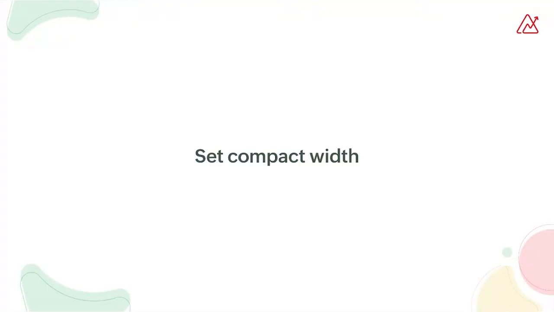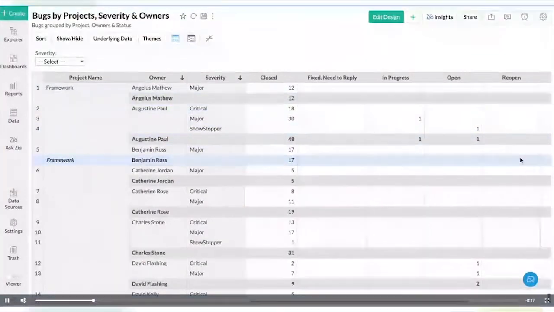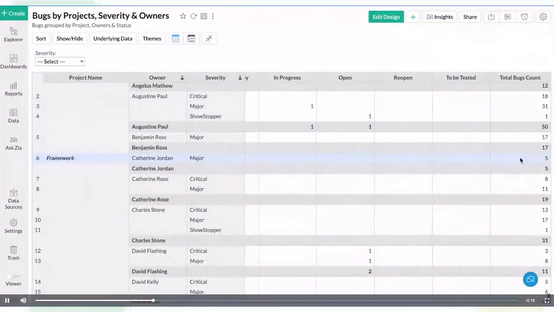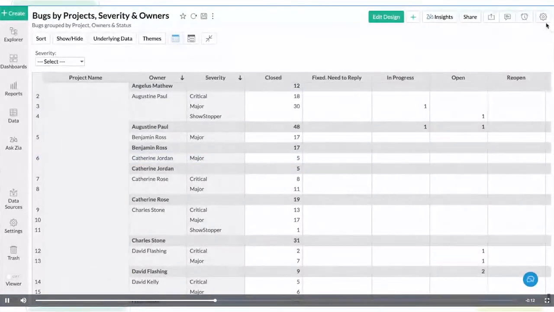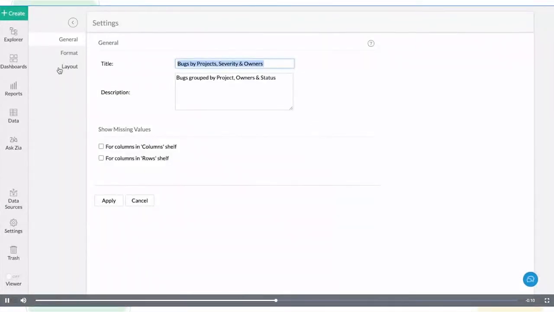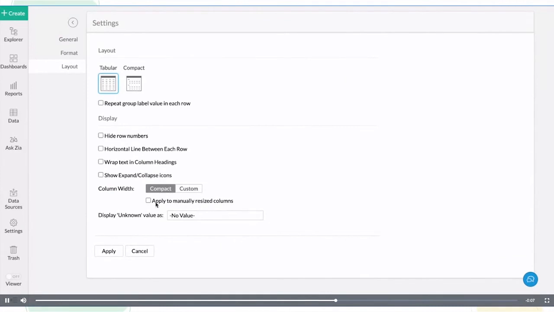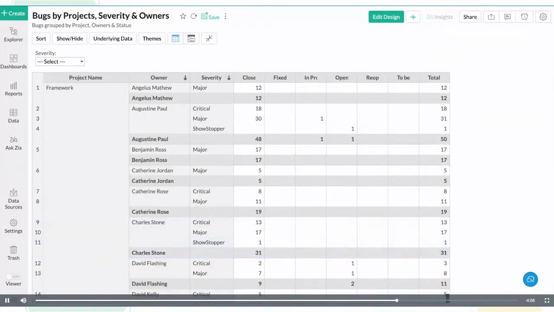Next, we have introduced an option to set the compact width in pivot and summary views. This is nothing but the width of your columns in reports. As you can see in this video, we have a number of columns and we'll have to scroll sideways to view some of these columns. Now to improve readability, I can go to settings and select compact. Once I do this, you'll see that my columns are more tightly packed and it also saves on the horizontal space. With this, I can better read my values and